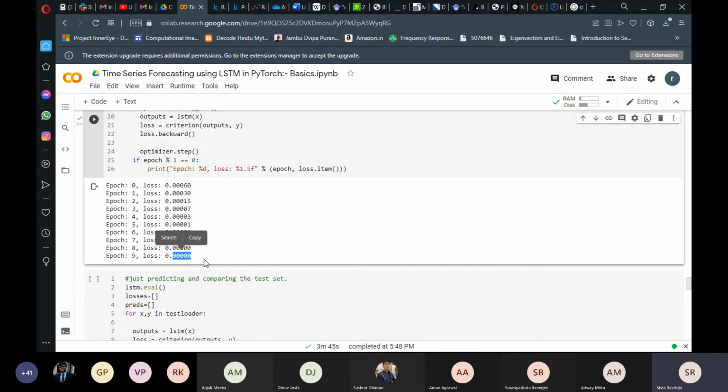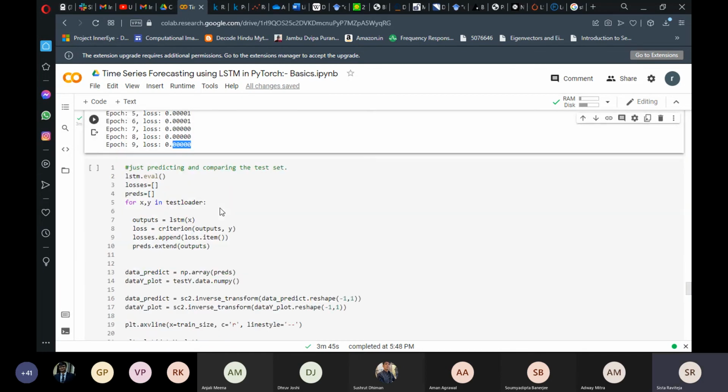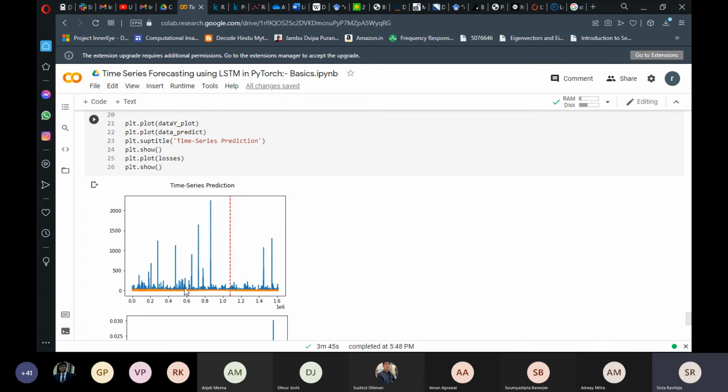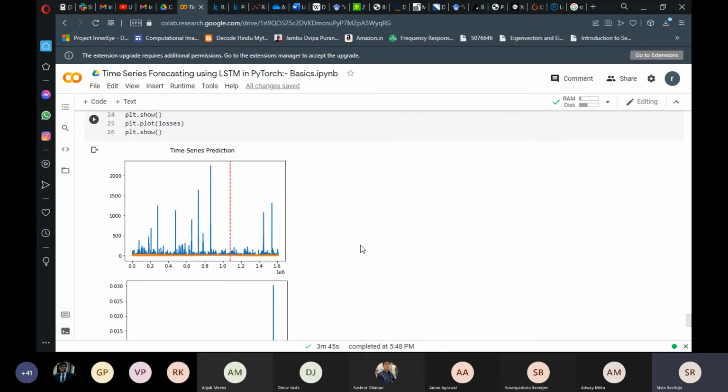There might be some more decimal points, and because it's averaging over a large batch, it is nearly 0. That is also clearly visible from this graph, where although our losses are near 0, our predictions are not that good. So that makes it a bit clearer on using larger batches, but you have to print out the losses so that you know whether the network is training or how much more time you have to train the network for.